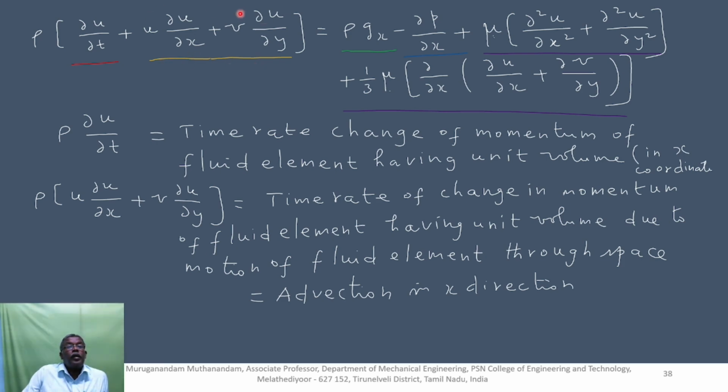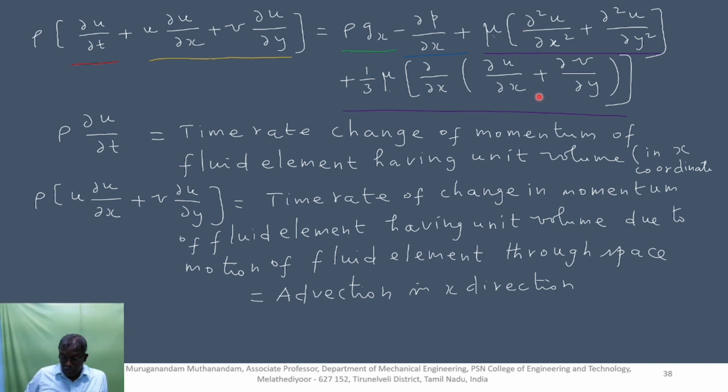The yellow underlined terms indicate the time rate of change of momentum of a fluid element of unit volume due to motion of the fluid element through space. It is called the advection component. The first one is called the unsteady state component, and the second two terms are advection components. The green underlined term is the force due to gravity, the body force. The blue one is the force due to pressure. The maroon colored terms are called the force due to